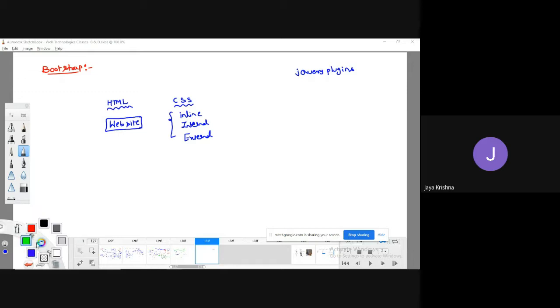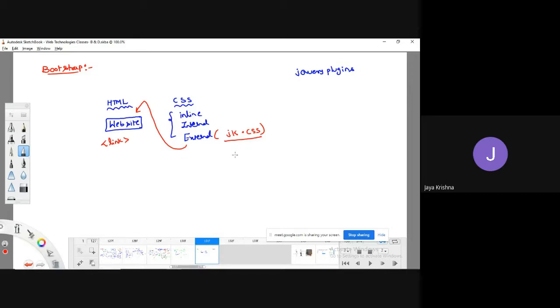You already know why we move to external styles. If a particular style is common to almost all the pages, then I can go for the external style. You save this file with the extension .css and give it some name. To link this file to the corresponding website, I can use the link tag. This is already known. So while writing this jk.css file, how are we going to write the code here?